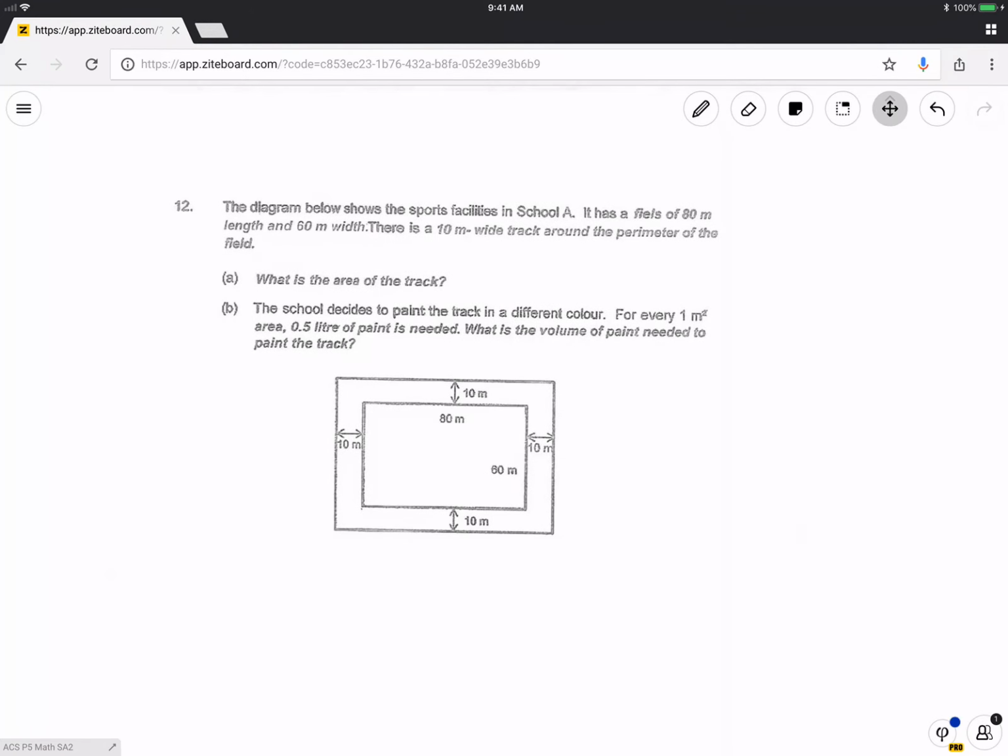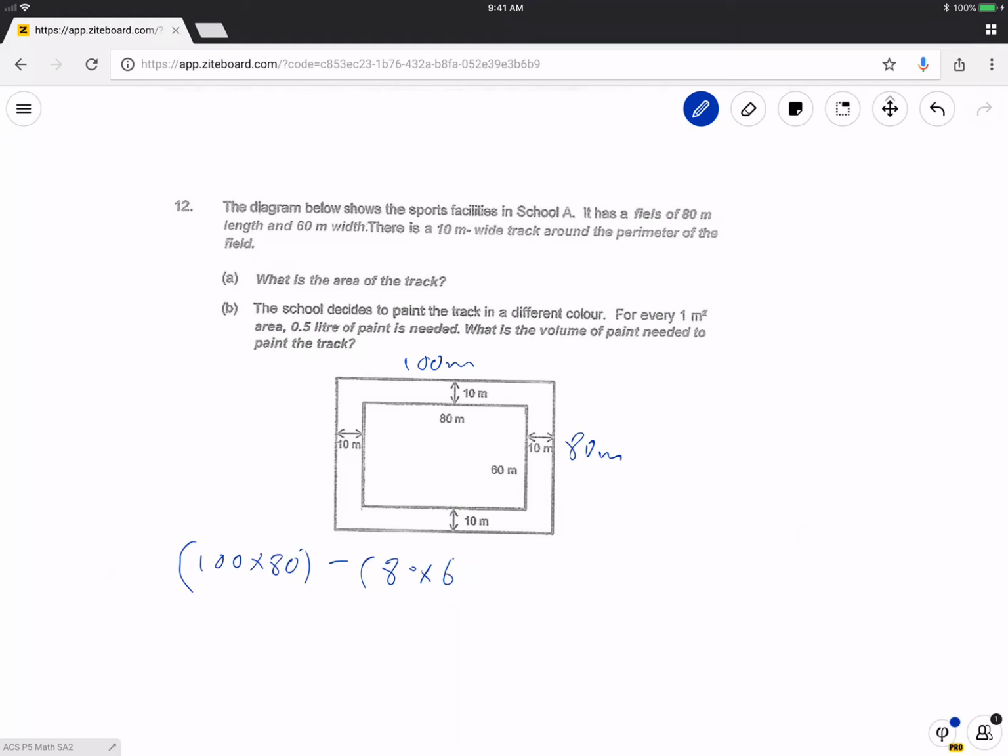Okay, sports facilities in school A, it has a field of 80 meters length. What is the area of the track? Alright, so take bigger minus smaller. So this 80, 10, 10 outside is 100 meters. This is 60, so it's 80 meters. To find the area of the track, take the big rectangle minus the small one. So 100 times 80, take away